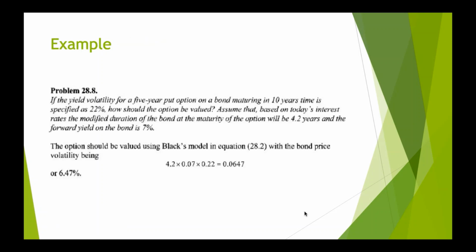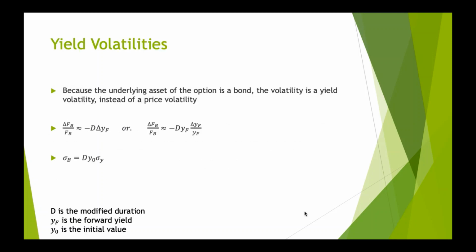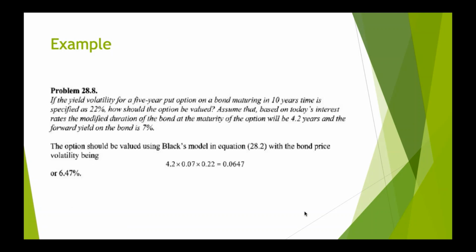And the volatility would be 4.2, which is the modified duration, in this case D, 0.07, which is the forward yield, in this case Y sub F, and 0.22, which is 22%, which is the yield volatility of the put option. Finally, the price volatility for this bond would be